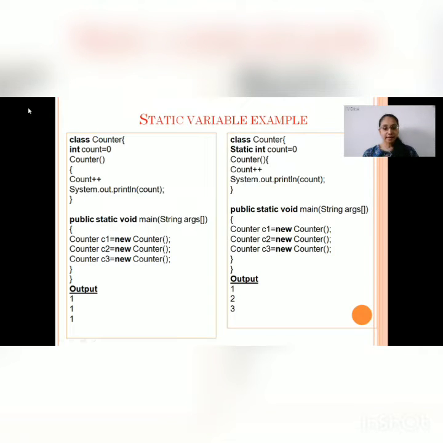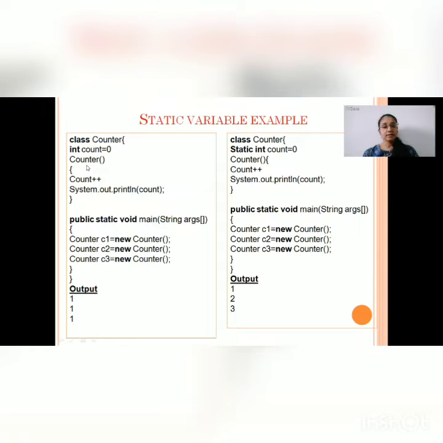Next, this is an example of static variable. Here I have created a class counter. There is a non-static variable cout which is equals to 0.